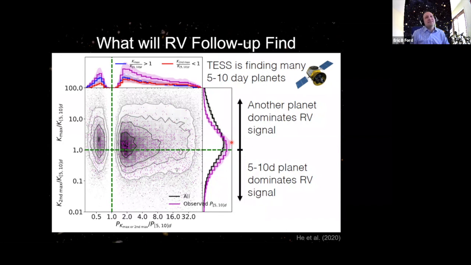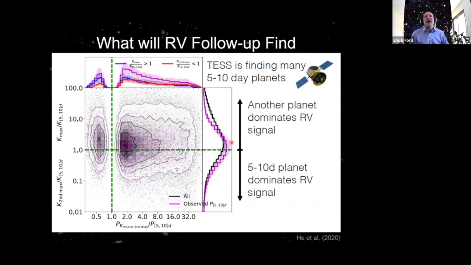And so what that means is that typically you should be prepared for there to be at least one other planet confusing your follow-up observations. And so what this means is you can't have minimal follow-up strategies, but rather you need to have enough observations to disentangle the other planets contributing to the radial velocity signature and separate the contributions coming with the orbital period that you're trying to follow up, if you're, say, trying to measure a mass and a density. The good part is, now that observers basically have to do this, they'll be learning about those extra planets in the system, and that will be very exciting for those of us interested in multiple planet systems.